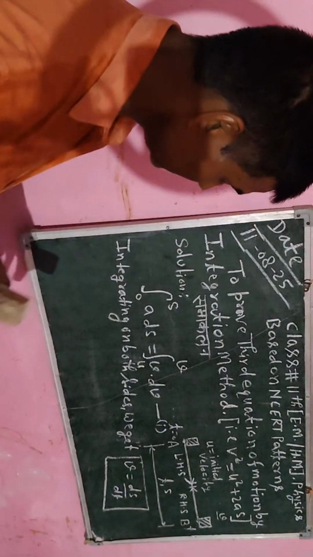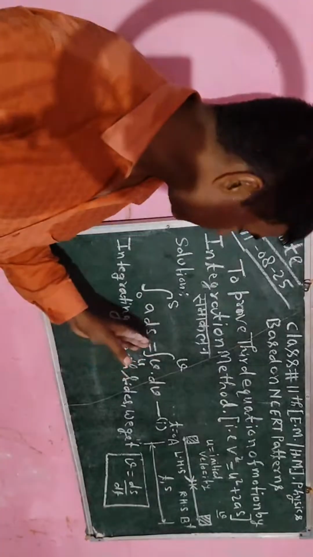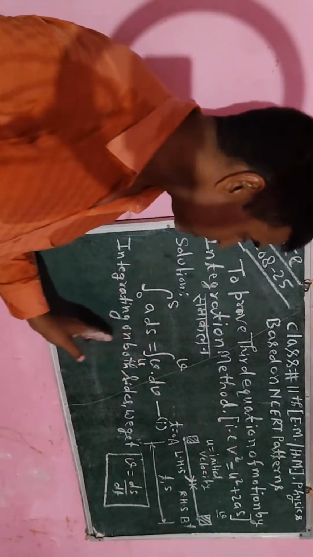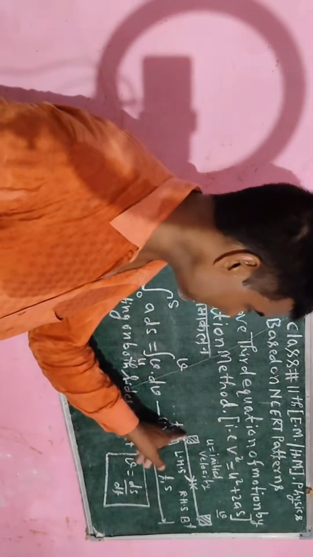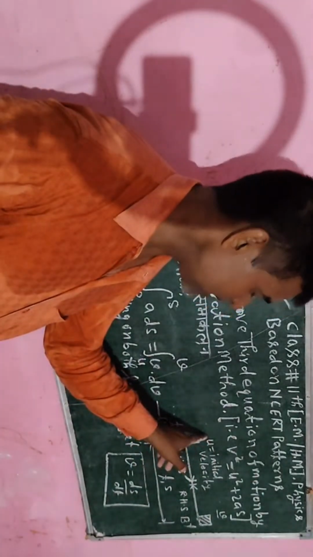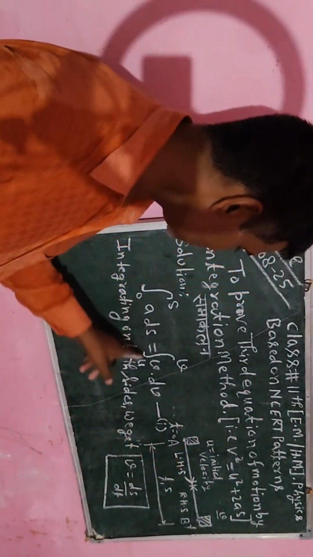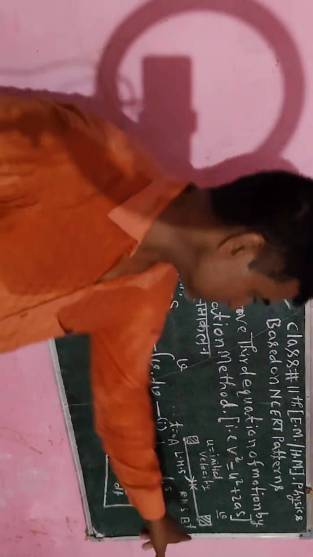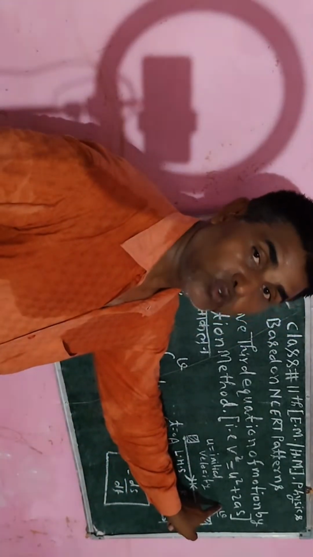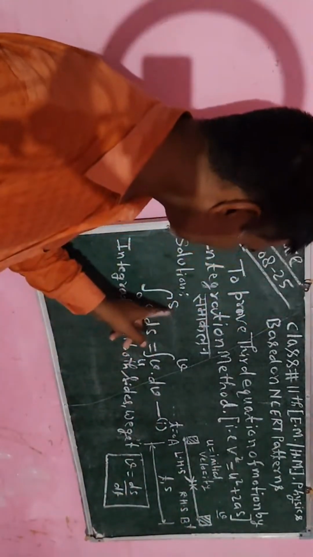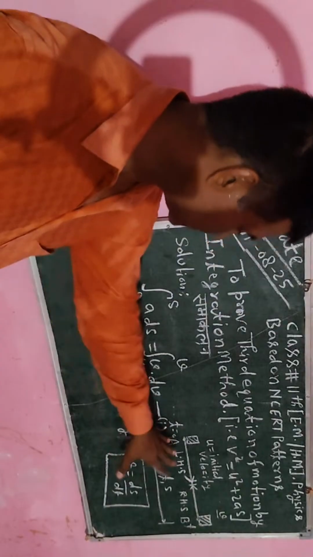So in Hindi I will say दोनों पक्षों में समाकलन करने पर, दोनों पक्षों में समाकलन करते हैं। जब समय 0 होता है, उसमें विस्थापन 0 होता है और जो वेग होता है वह प्रारंभिक वेग होता है, उसको u से रिप्रेजेंट करते हैं, इसलिए इसका लोअर लिमिट 0 और इसका भी लोअर लिमिट u। लेकिन जब समय t होता है तो विस्थापन s हो जाता है और अंतिम वेग v होता है, इसलिए विस्थापन s हो गया, अंतिम वेग v हो गया।